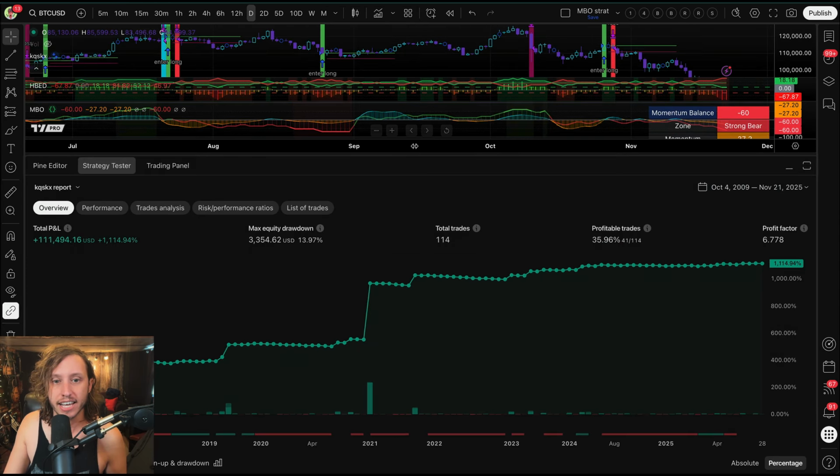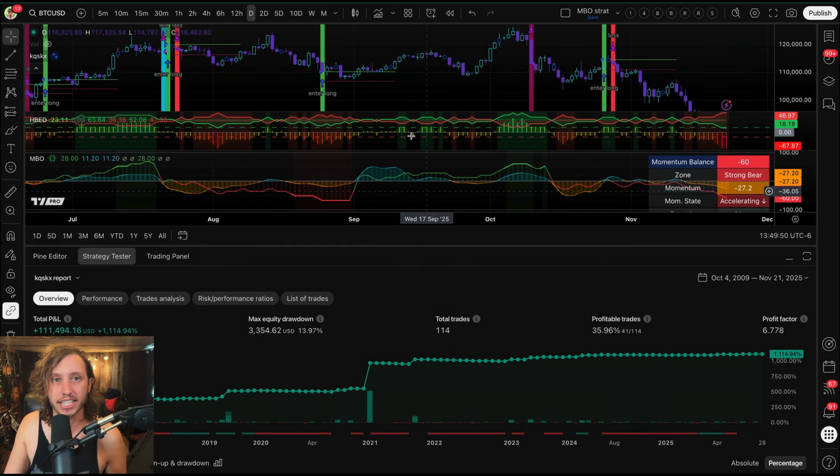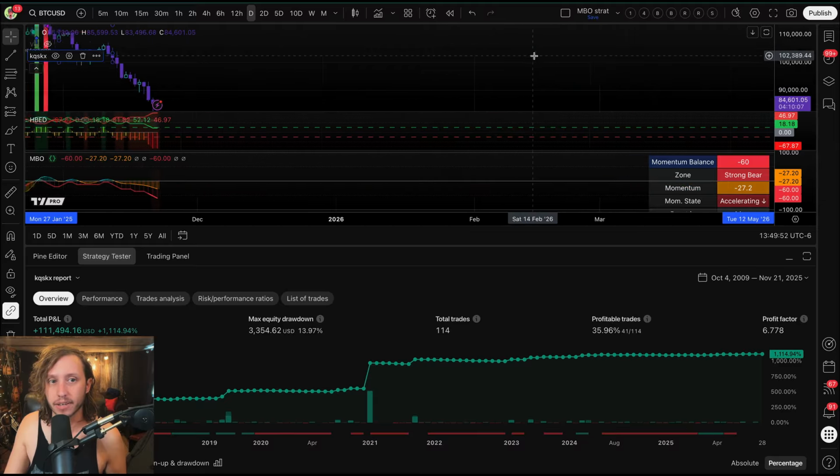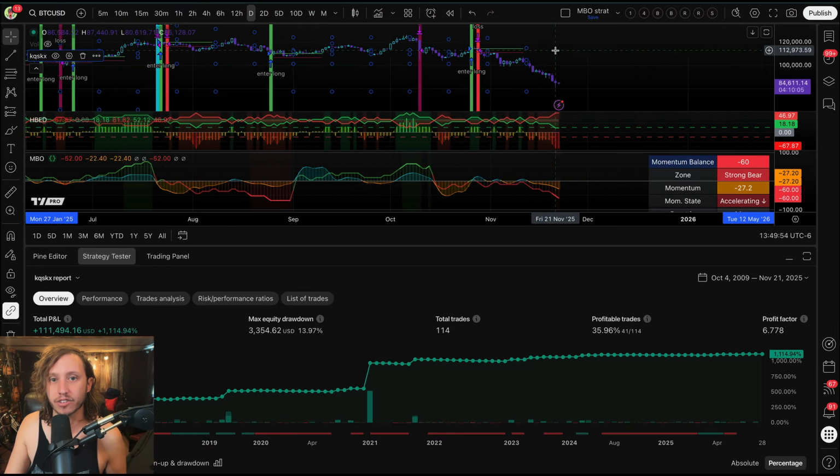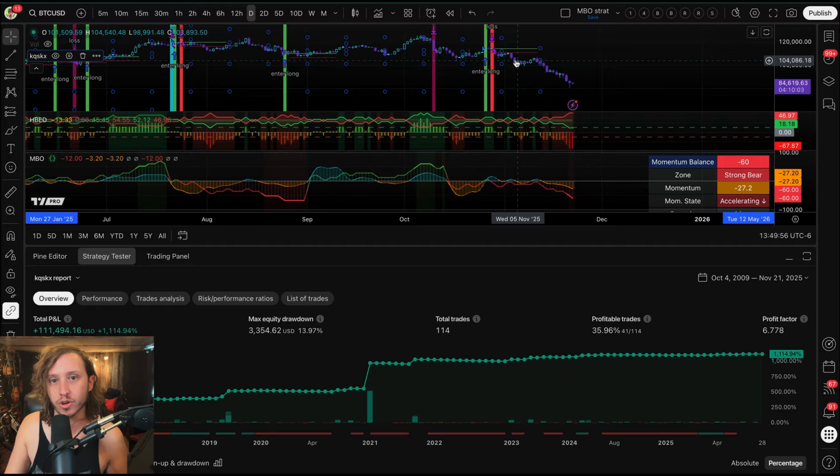I showed this the other day. This is a long strategy built on the daily time frame. The great thing about the strategy is it's staying out of trades when the bulls are not in control. So as soon as the bears get in control of price action, these indicators will stay out of trade. So it will reduce your risk to the downside